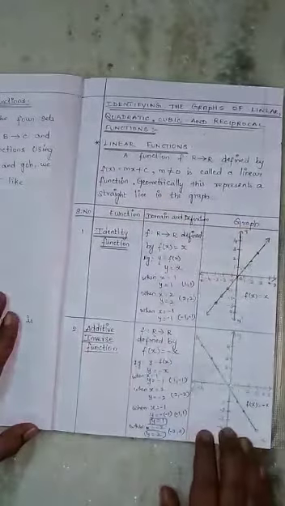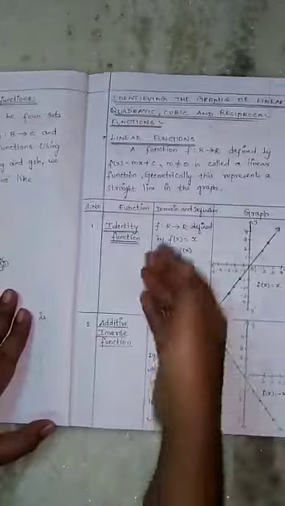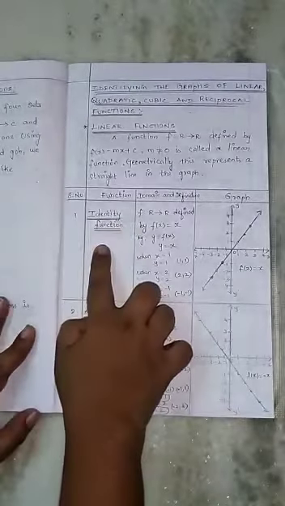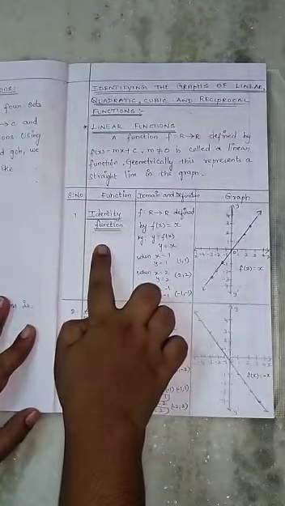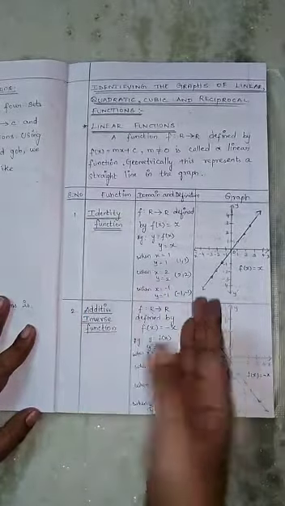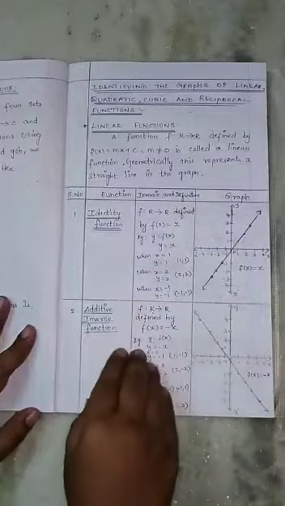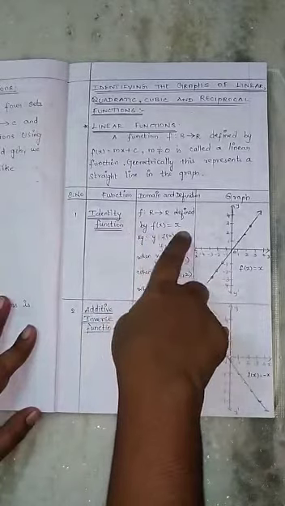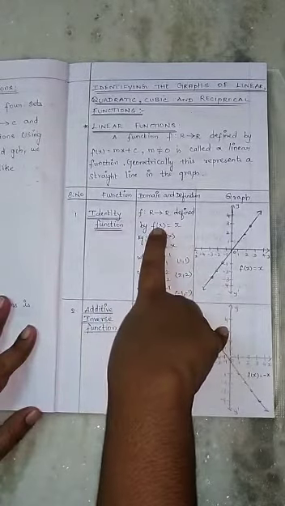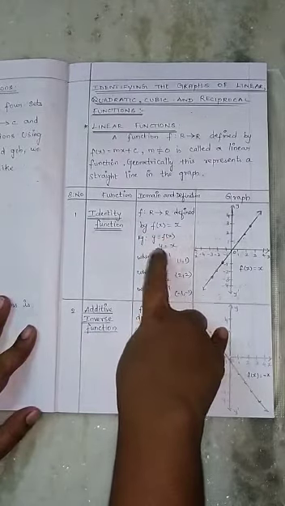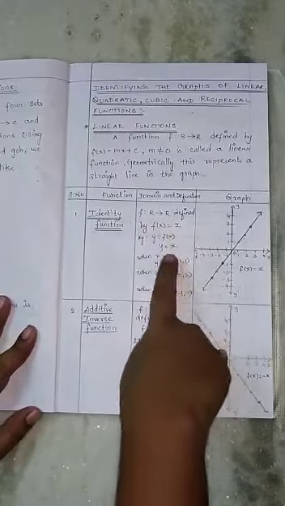So we are going to check in the graph. Okay, the geometrical method we are going to see. So the function, domain and definition, graph they have given here. First, the identity function. Identity means, as you know very well, if you put 1, you will get 1 again. If you put 2, you will get 2 again. Minus 1 gives minus 1. Minus 2 gives minus 2. So here f of x equal to x is given, right? f of x is nothing but y. So I have taken y equal to f of x. So here y equal to x.